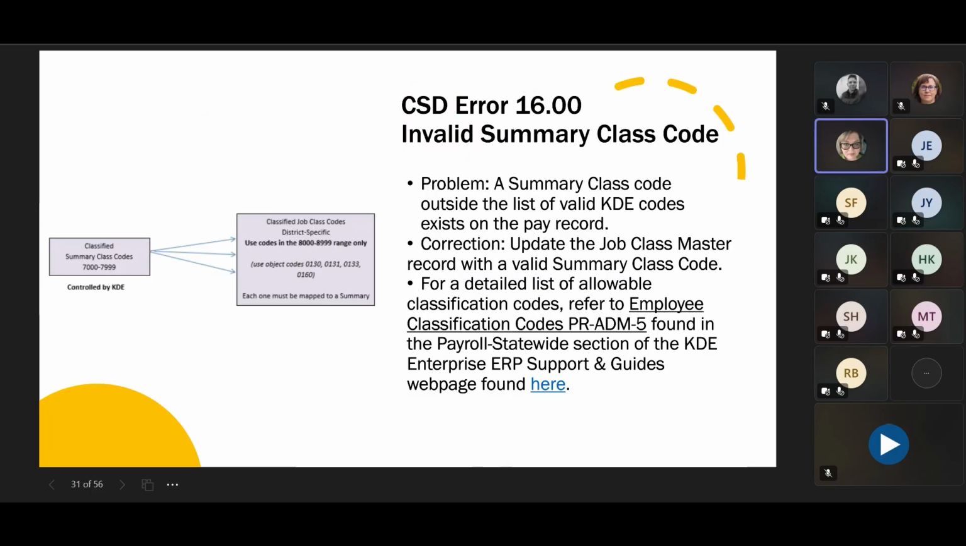So error 16 is an invalid summary class code. You see the same grid to the left that you saw in the previous slide. So both of these things you can correct just simply by looking at that grid. But the problem here is that a summary class code outside the list of valid KDE codes exists on a pay record. The correction here is to update the job class master with a valid summary class code. And you'll have a link to that guide to be able to see the allowable classification codes when you receive